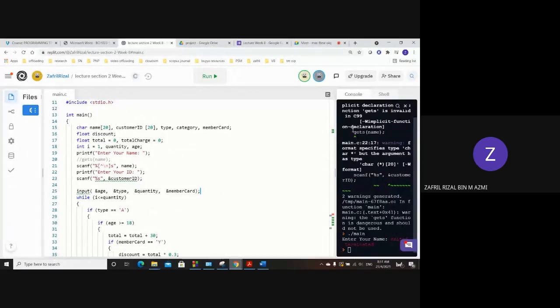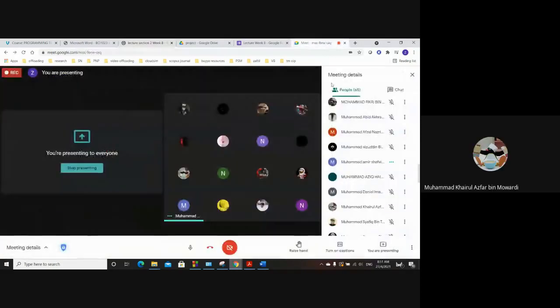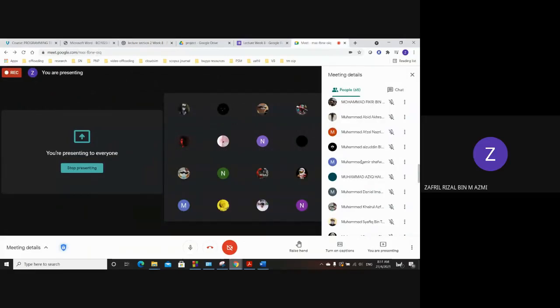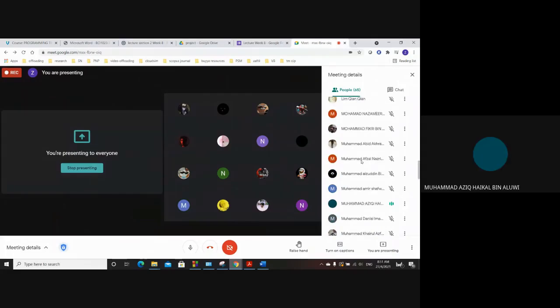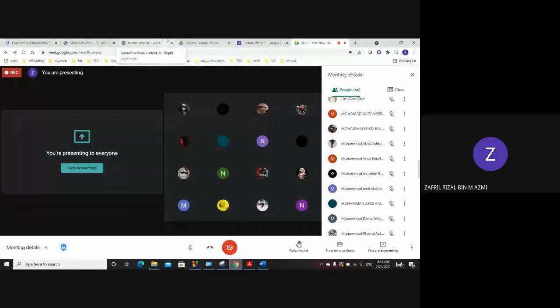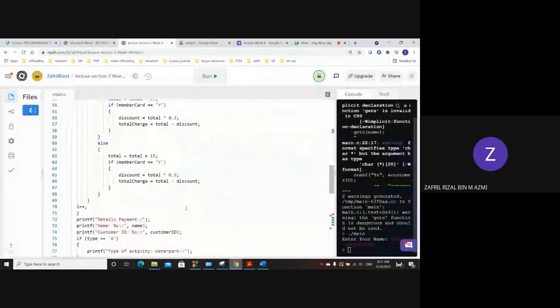What's the reason we put the ampersand? Anybody? Why we put the ampersand in front of age? Meaning is what? Reference. What reference? Reference to what? The value. Memory address. Yeah, the keyword is address. Okay, by reference is address. Pointer is address. That's why in the function definition we put a pointer over